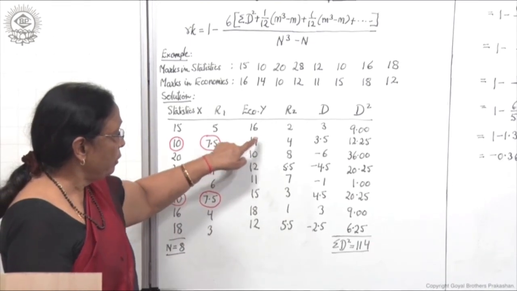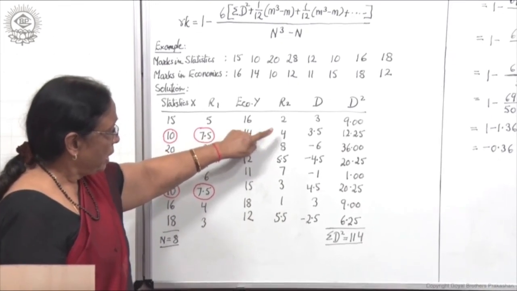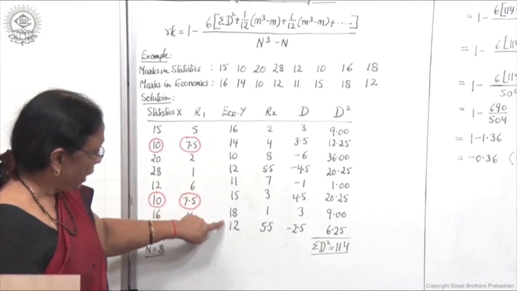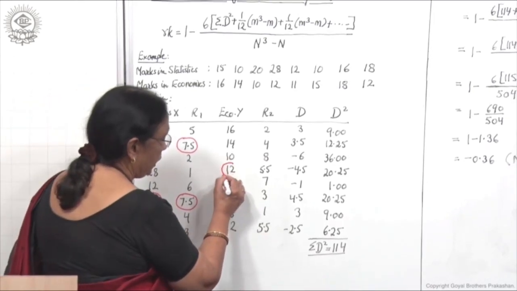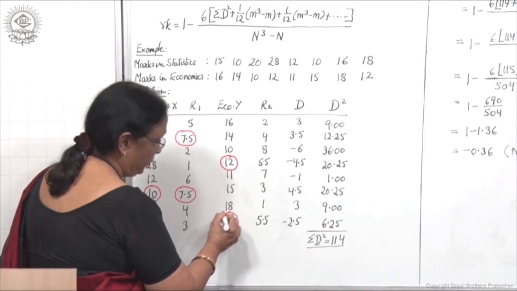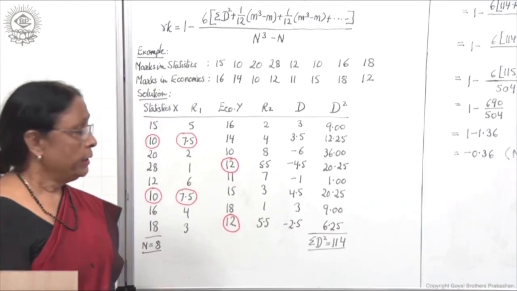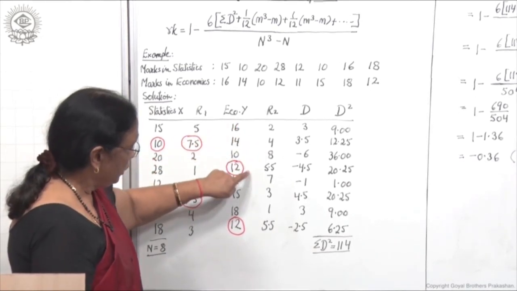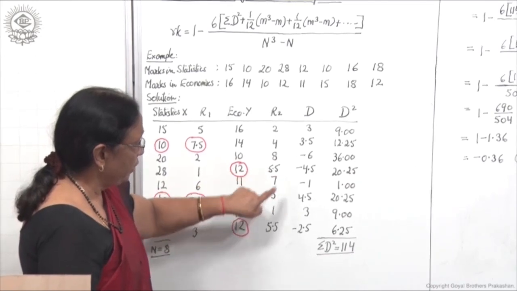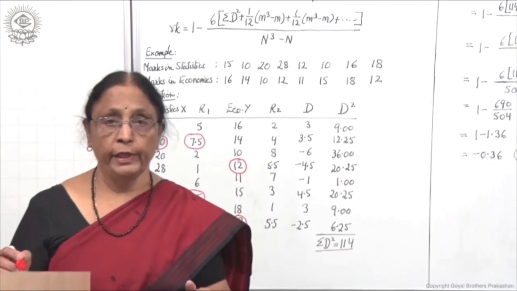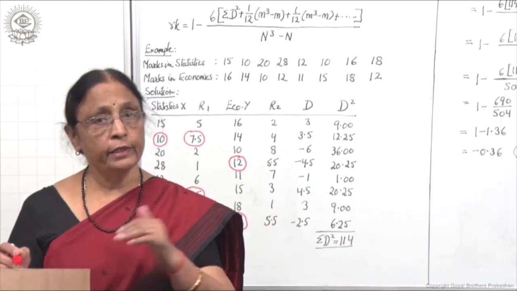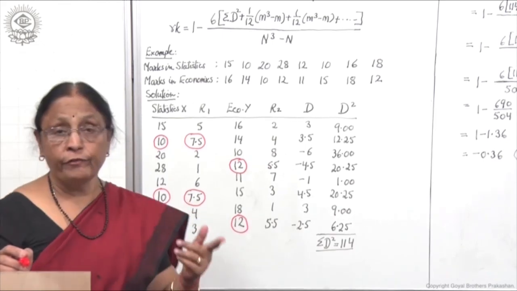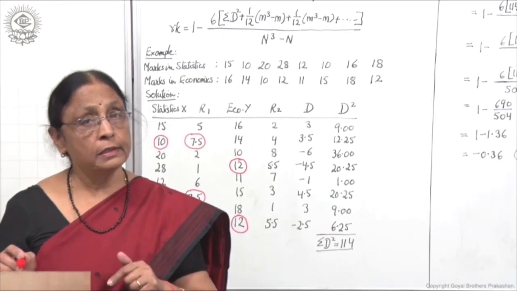next is 14, fourth rank, then next after 14, next highest is 12, and here again it is 12, 2 times it is 12, right? Then what will we do? We have allotted till 4. Now these two will get 5.5 and 5.5, right? They will not get 5th rank, they will not get 6th rank.